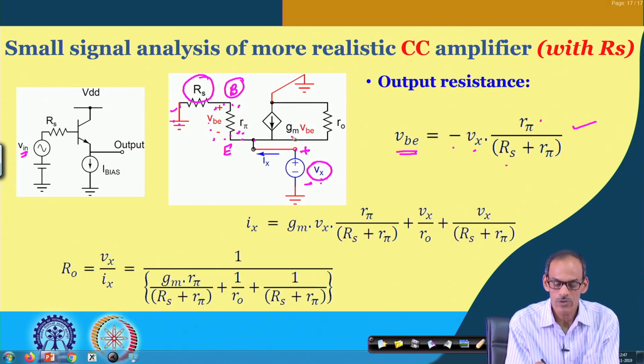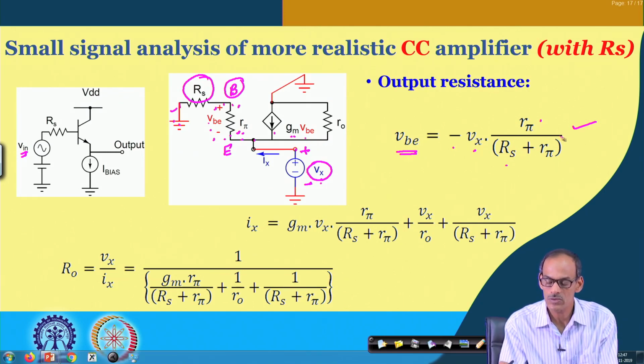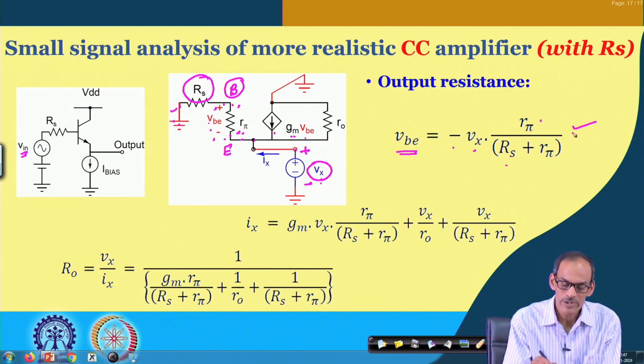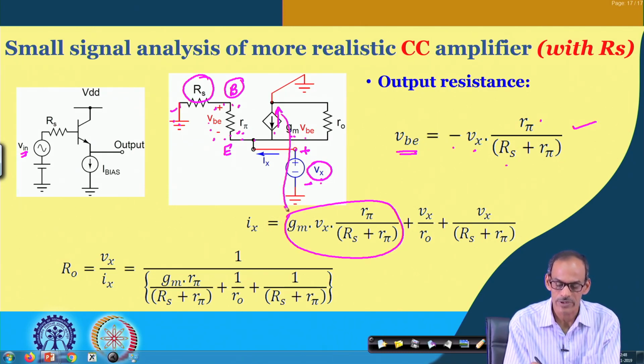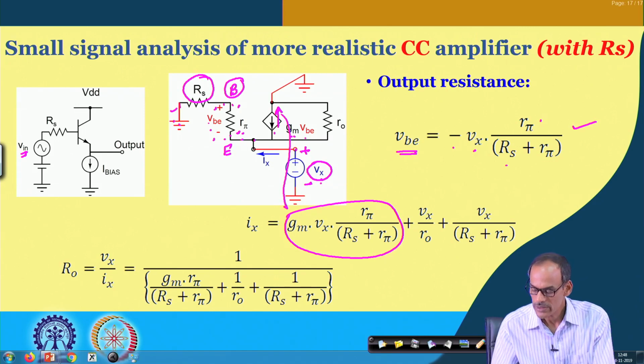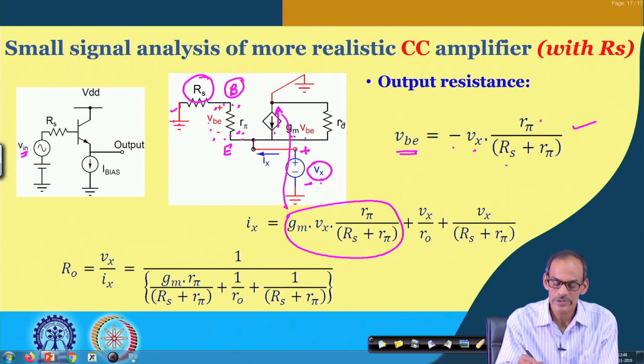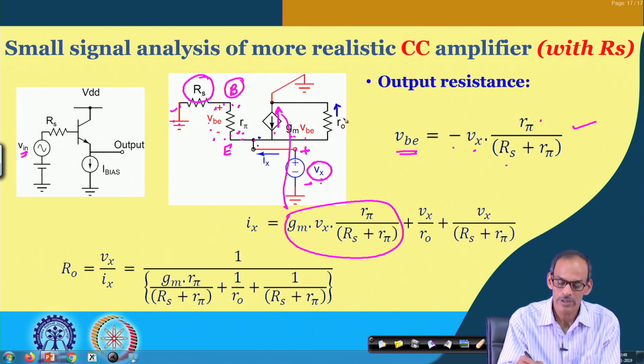Now, the current flowing through this active device is G m into V b. So, that becomes G m into V b, and instead of V b we can write minus V x into R pi divided by R s plus R pi. So, we may say that the current starts flowing in this direction and its expression is given here. On the other hand, the current flowing through this R naught is V x, whatever the voltage you are applying here, divided by R naught,